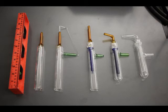So in other words, if that bubbler was super important to me, it would have been catastrophic, but it was really just part of this tutorial series. The bubbler on the far right, which is just made out of colorless borosilicate glass, that's the kind that I'm going to be using in my research. The examples that have the borosilicate with the color, that's purely for this demo. They would be functional, of course, but it's a lot more trouble than it's worth to go through using colored borosilicate glass for a scientific application. So anyway,